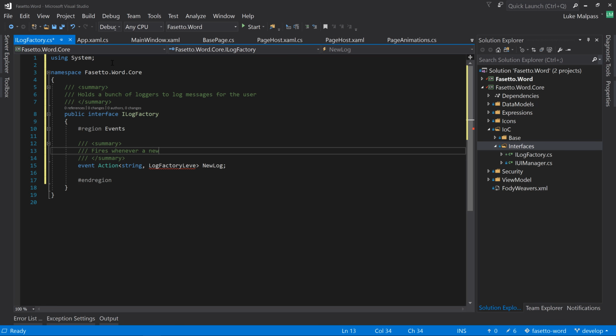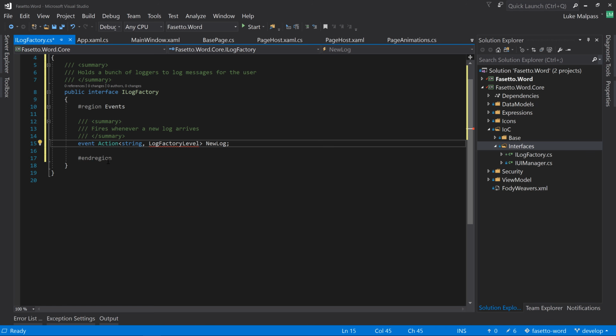So it fires whenever a new log arrives. This is for anyone that wants to hook into our logger and simply be aware of when a log arrives. Maybe you want to pop something up in the UI independently, or whatever you want. You want to be able to be aware of when there's a log for any reason. So the first one, the string, will be the message itself, the actual log message, and this will be the